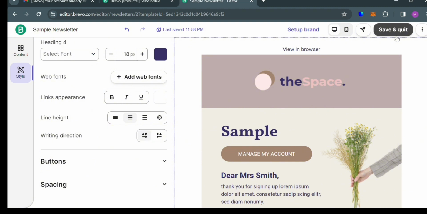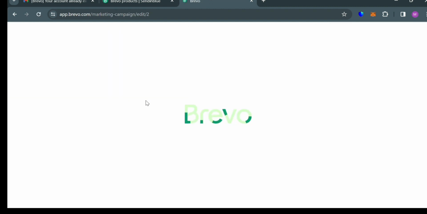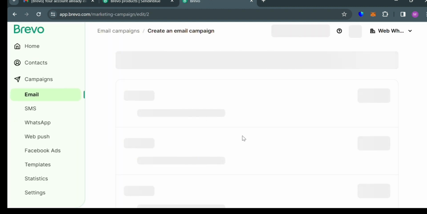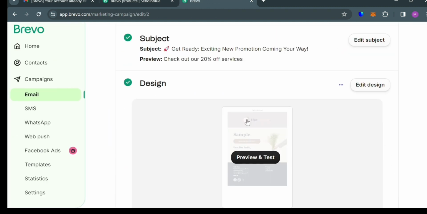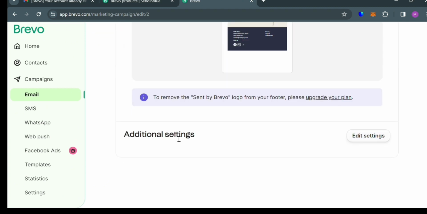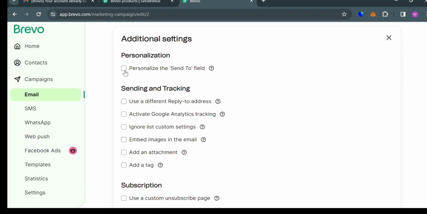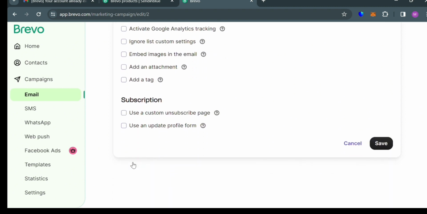And if you are now done customizing this template, just click Save and Quit button on the top right corner. Then you will be directed on this page. Now going back in here, it will show us under the design, the template that we just customized. And moving on under the additional settings, from here you could also personalize the send to field. And under sending and tracking, you could also use different reply to address, activate Google Analytics tracking, and also under